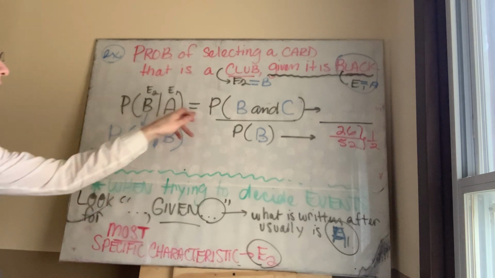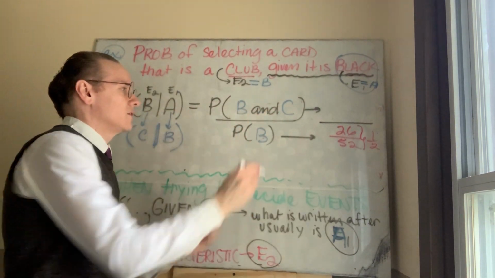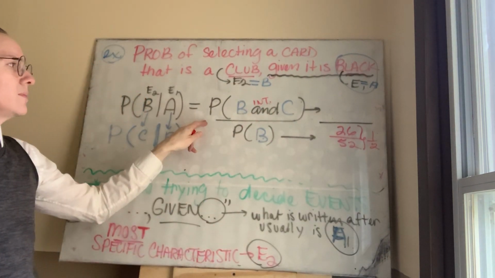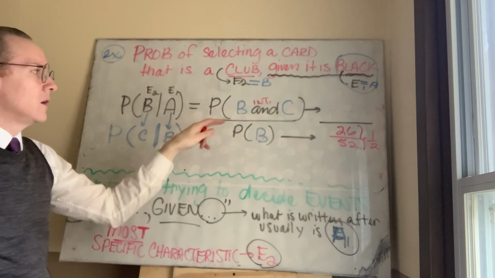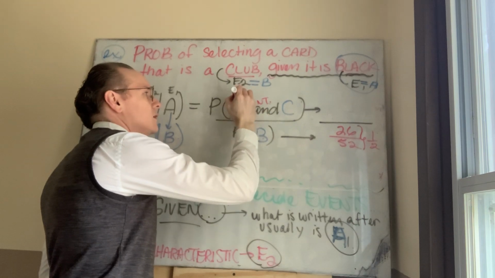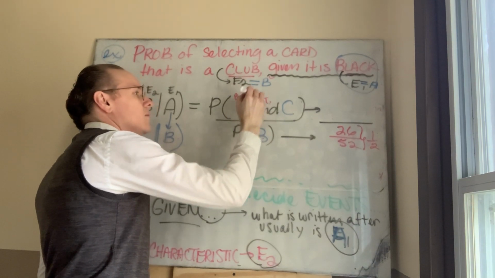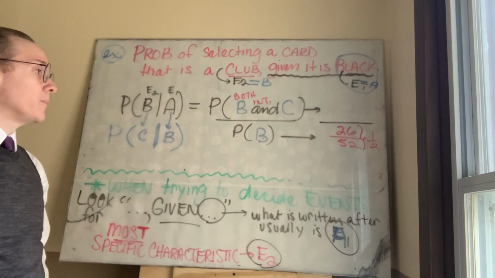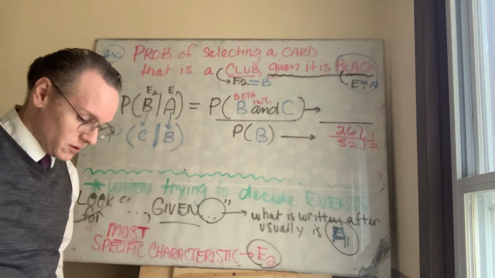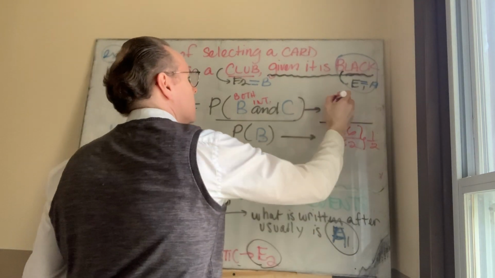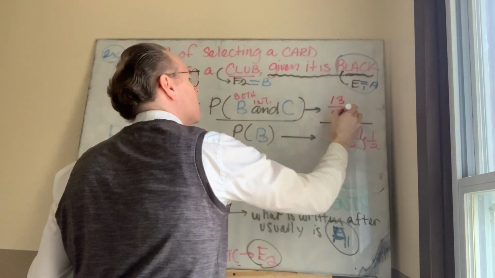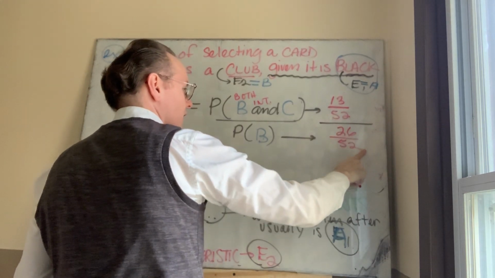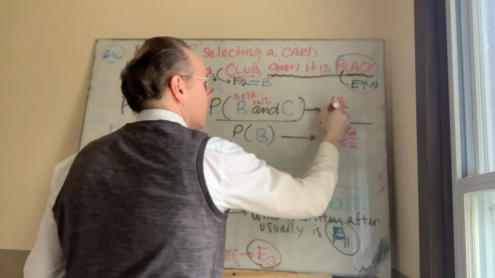Right? Then there's this. The probability, and this is understood still as being an intersection. What's the probability of drawing a card that is both black and a club? All right? It would be 13 out of 52. Now, there might be one advantage to not simplifying, and you'll see in a moment why. Anyhow,